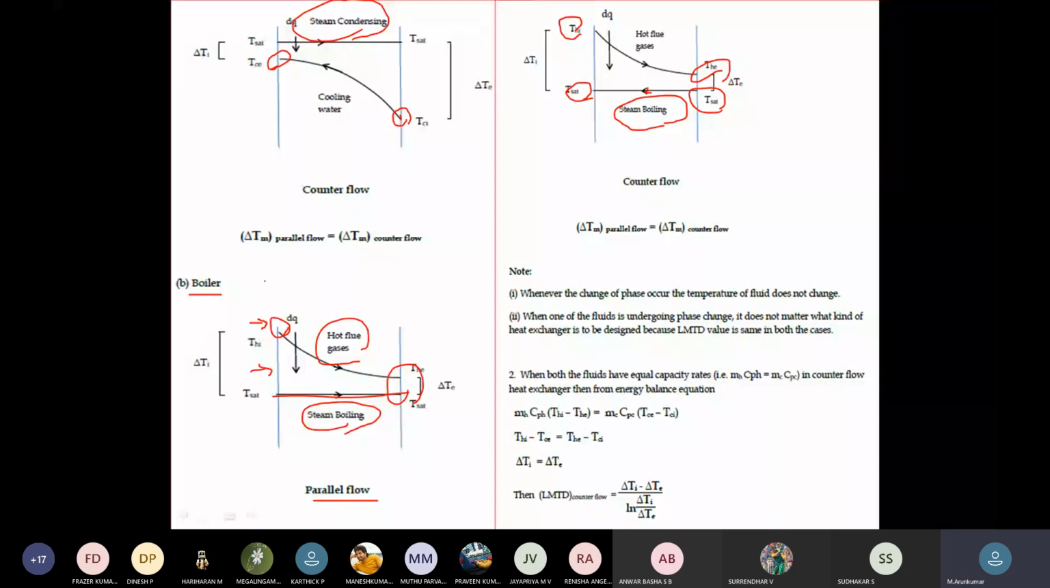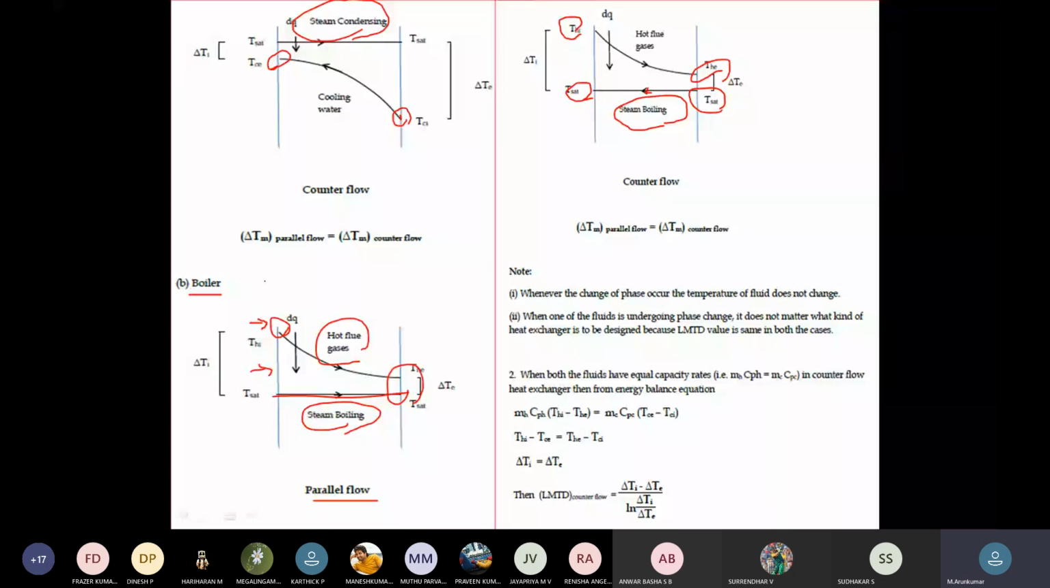So whenever a change of phase occurs, the temperature of the fluid does not change. When one of the fluids undergoes phase change, it does not matter what kind of heat exchanger is to be designed, because the LMTD value is the same in both cases. Just remember that the LMTD for counter flow will be equal to the LMTD of the parallel flow in both cases, boiler as well as